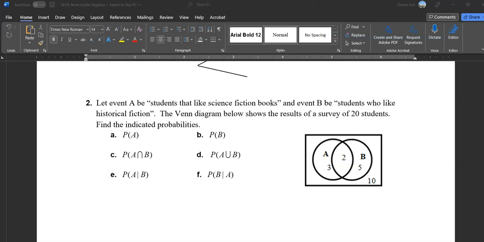So last time we went through organizing data in a tree diagram and then finding probability from it. This time we're looking at a Venn diagram. Now, they've already told us that A in the Venn diagram, this is the students who like science fiction